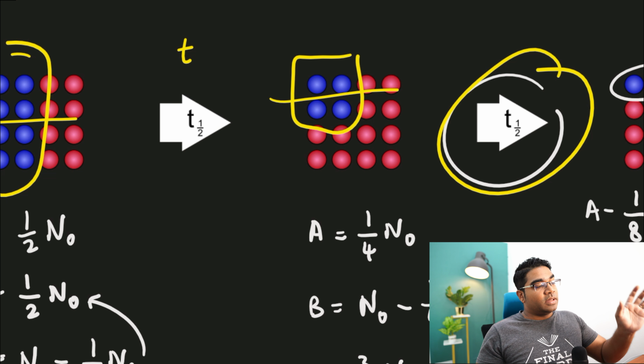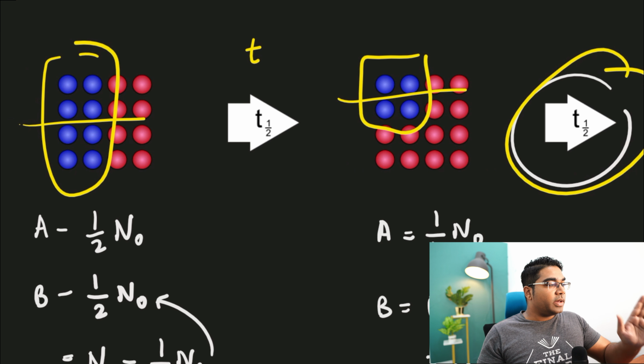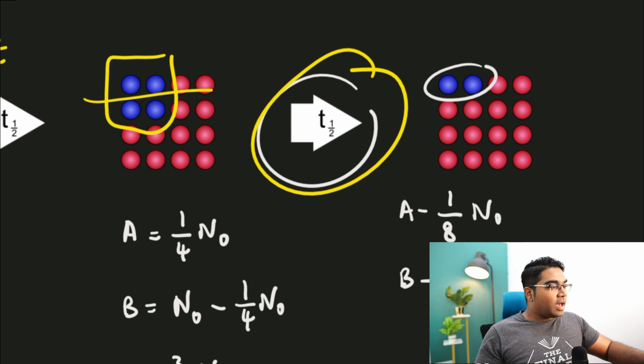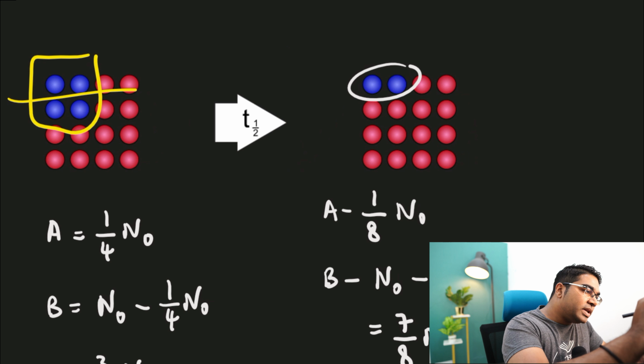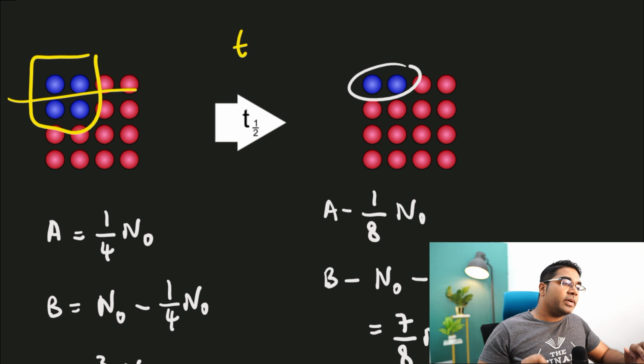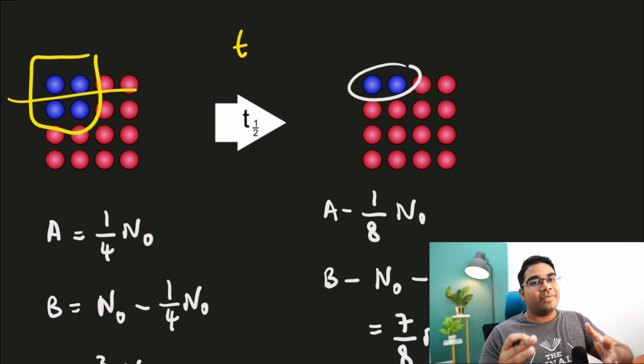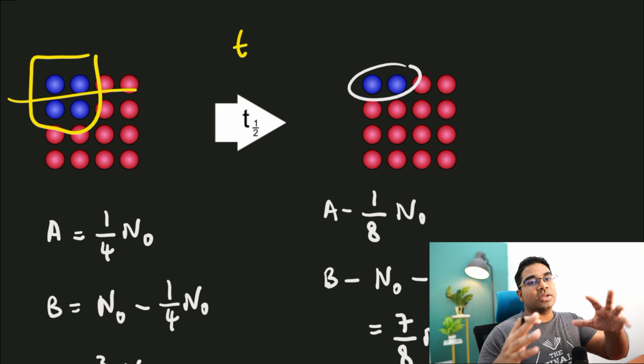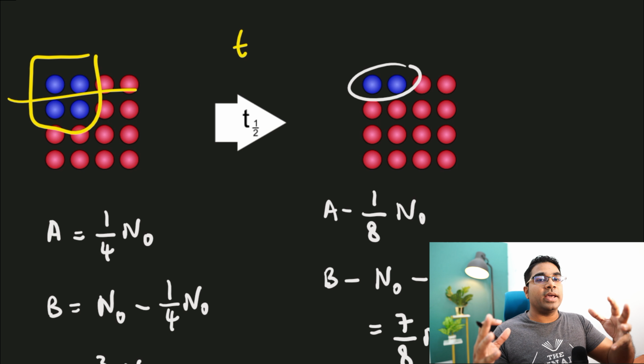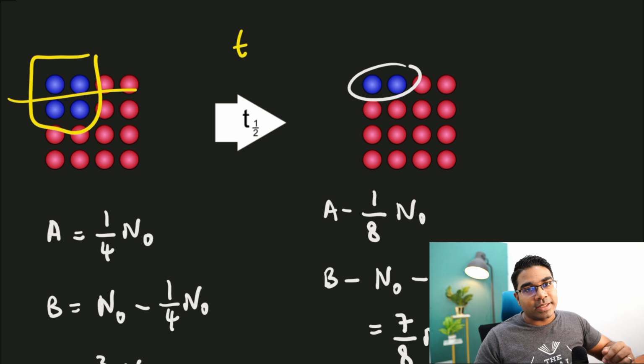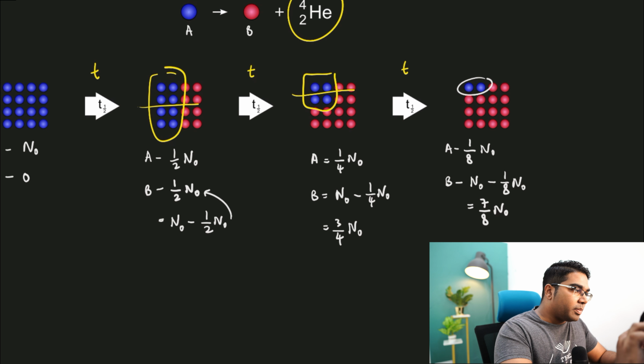After T minutes, this amount, that is 8 nuclei, will halve to 4. And after T minutes, the same T minutes, 4 nuclei will become 2 nuclei. Half-life is constant regardless of the number of radioactive nuclei in the sample that is decaying. From this, we will be able to pick out a pattern.